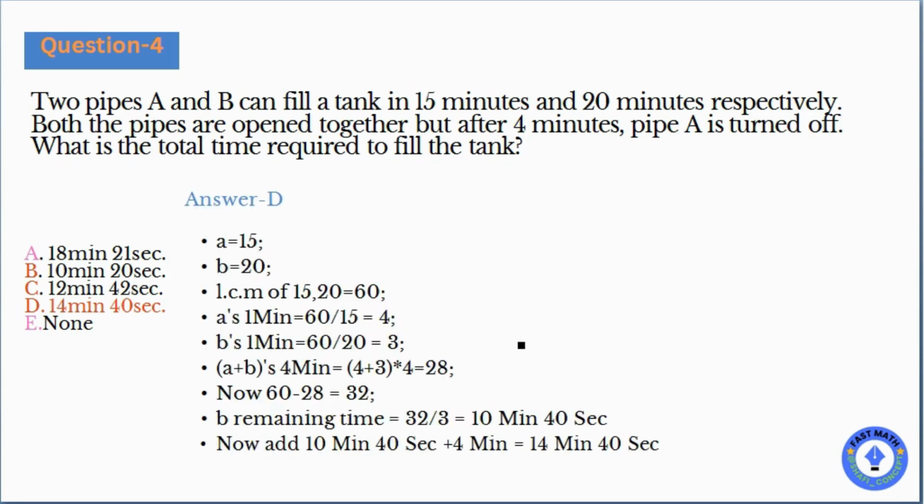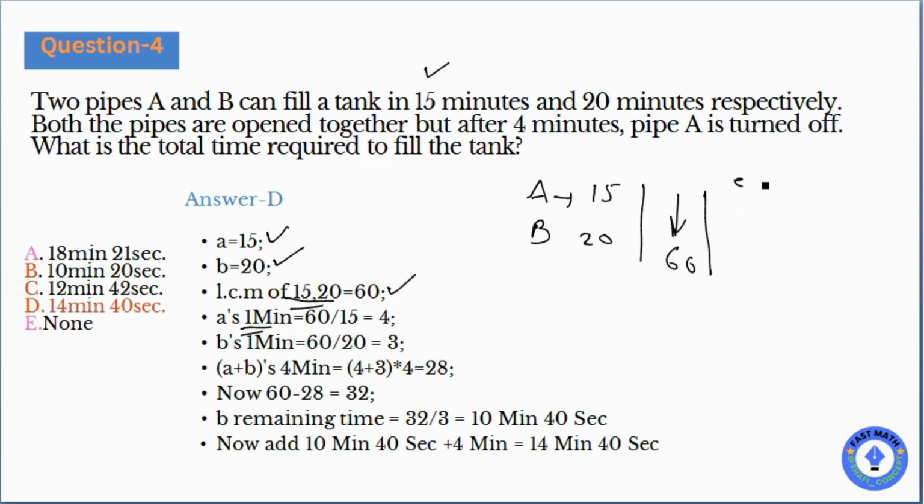Let's move to the answer part. As per the problem, A is given as 15, B is given as 20. What will be the LCM of this? You can check the previous videos on how to find the LCM so that you have a better idea. In such problems, efficiency is per minute. Just write down two lines here. Give the names of the pipes A and B, and their capability: this is 15 and this is 20. Write their LCM here. What is their LCM? 60.